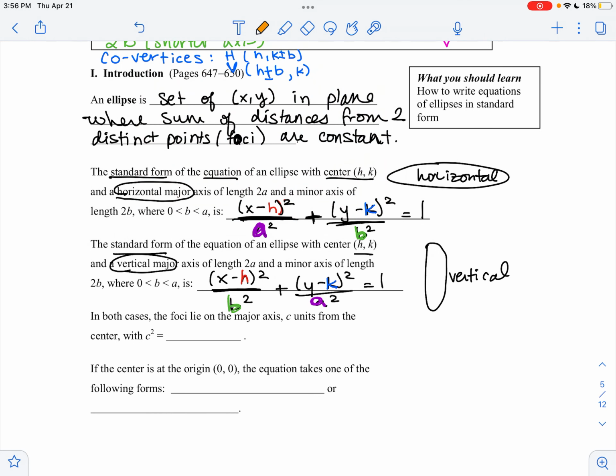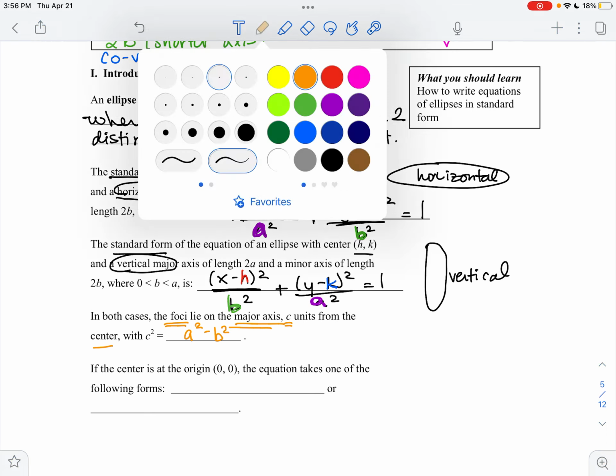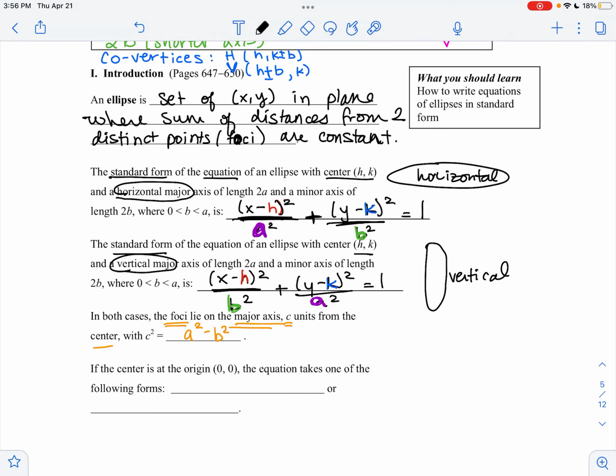And then remember, our foci lie on the major axis, c units from the center, where c squared equals a squared minus b squared. And remember, a is always greater than b in an ellipse. And then if the center's at the origin, remember h comma k, that means it's not going to change the x or the y values. So we can use